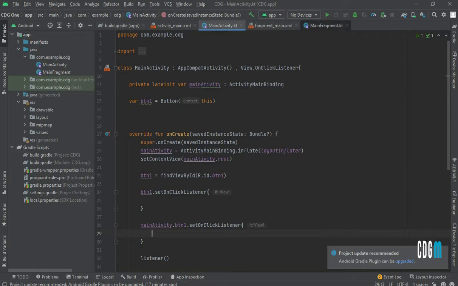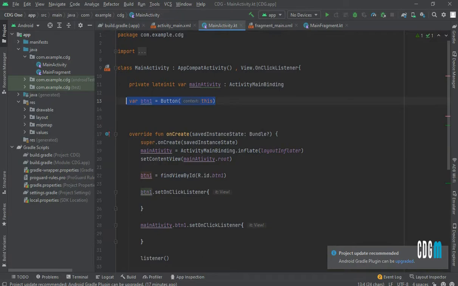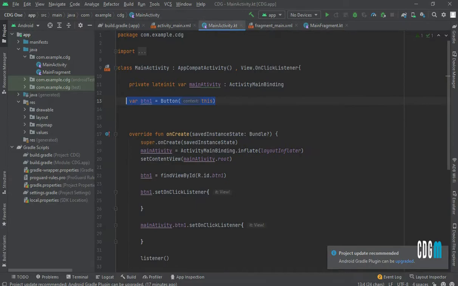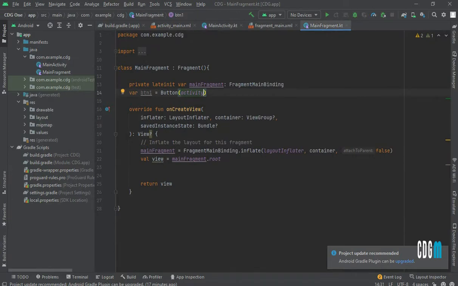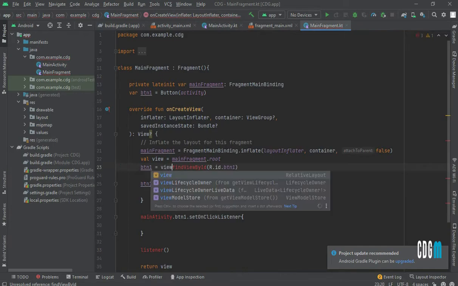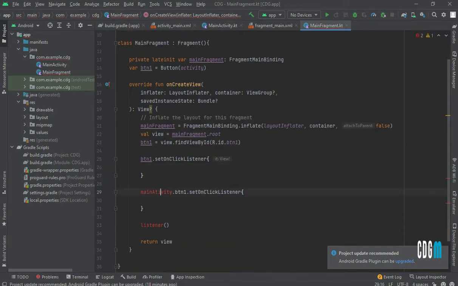Okay, now how to do it in a fragment. So just let me copy this. I don't want to do it again and again and don't want to waste your time. Okay, so instead of activity, this we would use activity. Okay, and here directly copy all this and use this in onCreate. So here it's giving a problem, so use this name. Okay, view.findViewById, so it will do it. Okay, and now here use this name, main fragment,